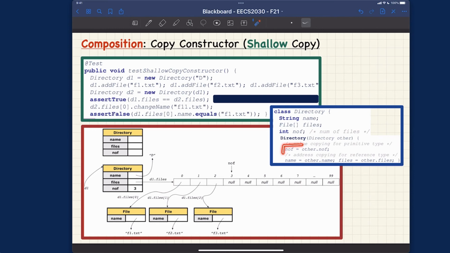Here we are saying NOF is assigned to other.NOF. Of course, you can put this if you wish. This.name will be other.name, and this.files will be other.files. Notice that here we've got three instances of the equal sign, which means we're only copying the addresses. That's really important to know. One, two, and three, right? Only copying addresses